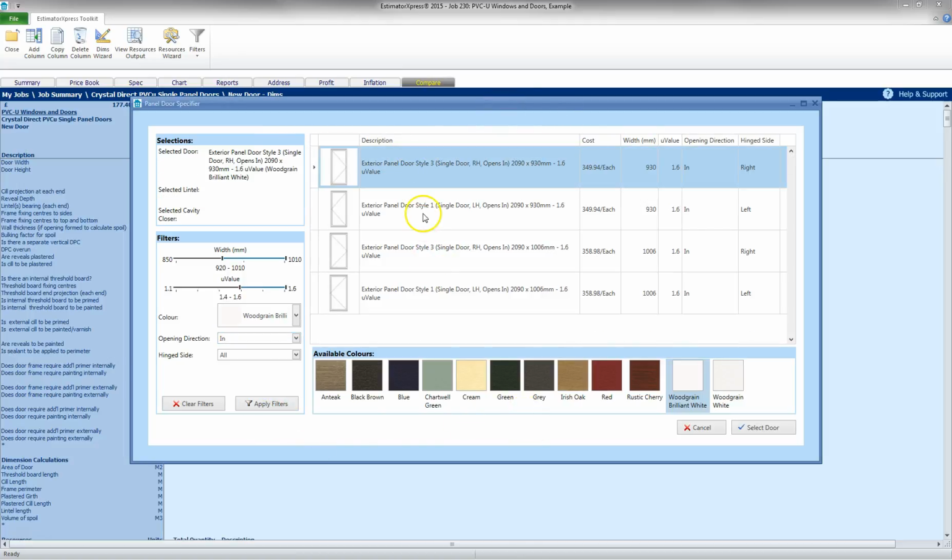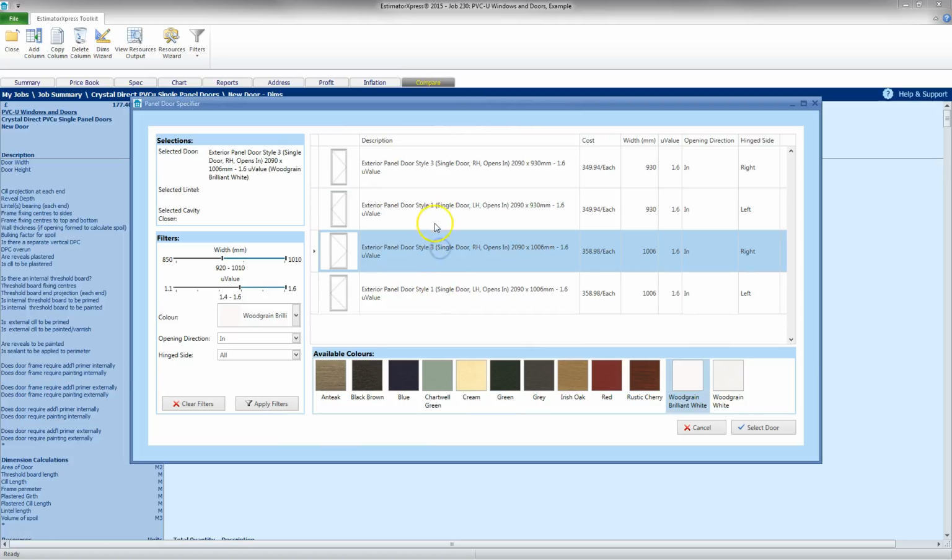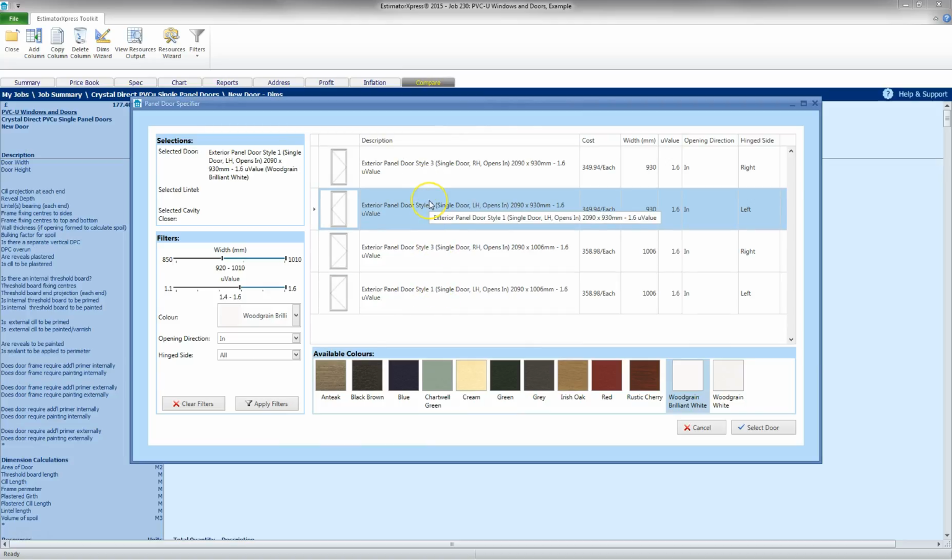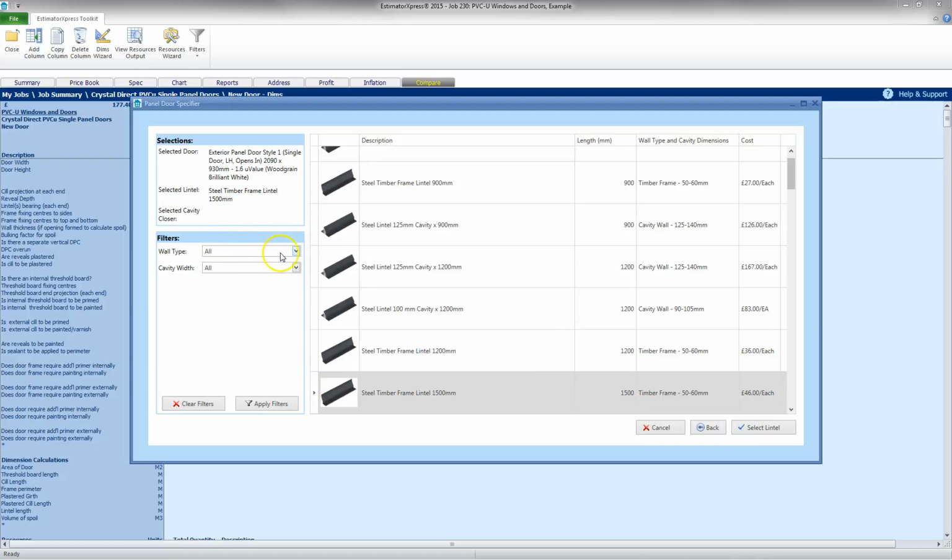I can now select a door. Now if you're unsure what the door styling is, you can also look at the Crystal Direct catalogue itself for full range of information there. And if I'm still not sure of the colour, I can see the colours available to me down at the bottom here. I'll select that door there, and once again, wall type, cavity wall, cavity there,